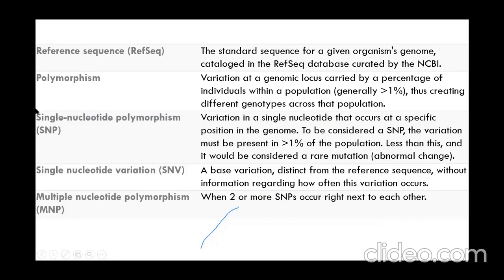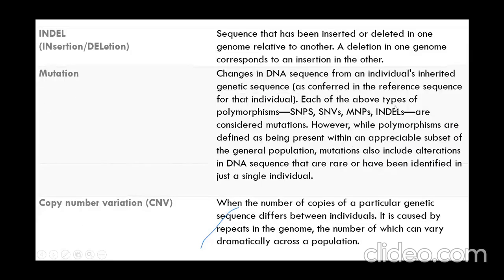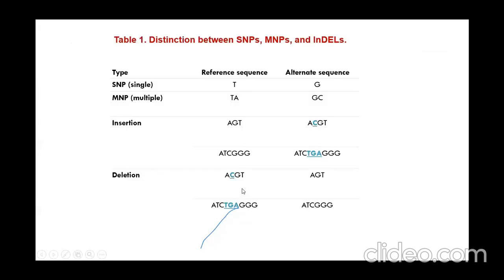So there are a few more abbreviations you have to go through. Given the time, I may not cover them. Look into that. What is the reference sequence? Polymorphism we spoke about already. Again the definition of SNPs. What are variants? What is a multiple nucleotide polymorphism? You go into that, but I will take SNP and talk further more keenly. But you also go into indel. What is a mutation? Copy number variation. Please read into that. These are important for further classes.